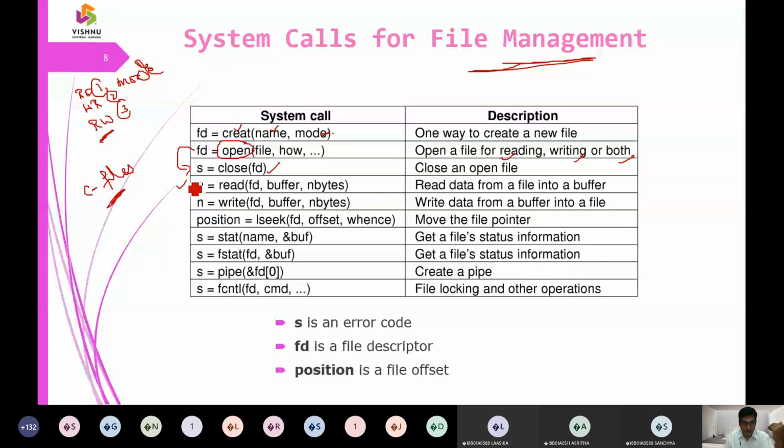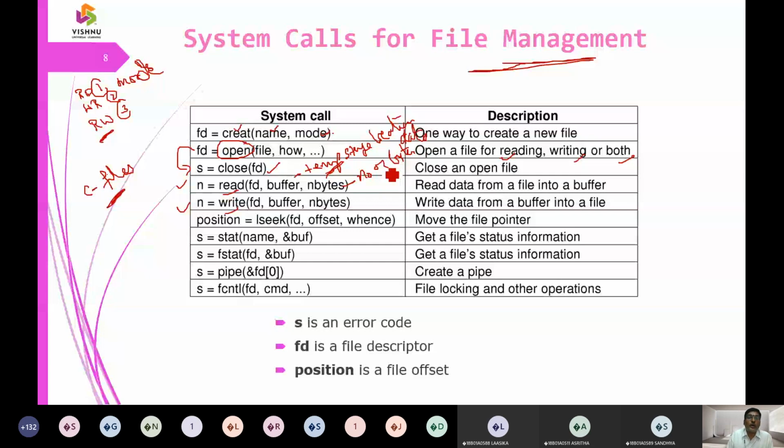Reading of a file, writing of a file, and we are going to say putting a temporary storage here. We are going to use a temporary storage location, and that temporary storage location we are going to have a buffer, and we are going to say number of bytes, number of data bytes what we want to transfer from one location to another location.